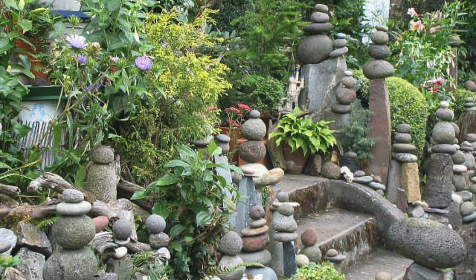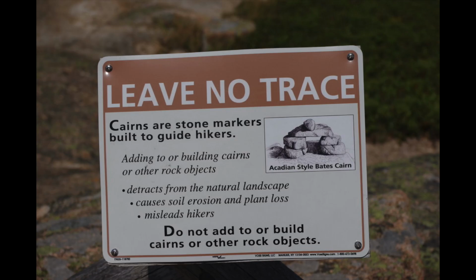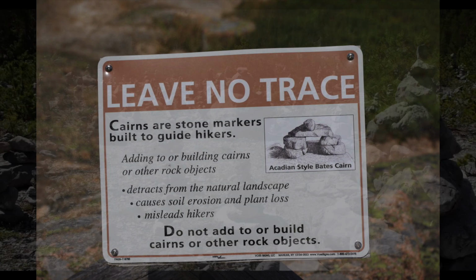When you hear the word cairn, do you think of those pretty smooth rocks stacked up in a meditation garden? Or do you think of the piles of rocks used to mark trails? Sometimes extremely helpful, sometimes annoying. One cairn is enough to mark a trail. Two is excessive. And if you leave those two cairns alone...